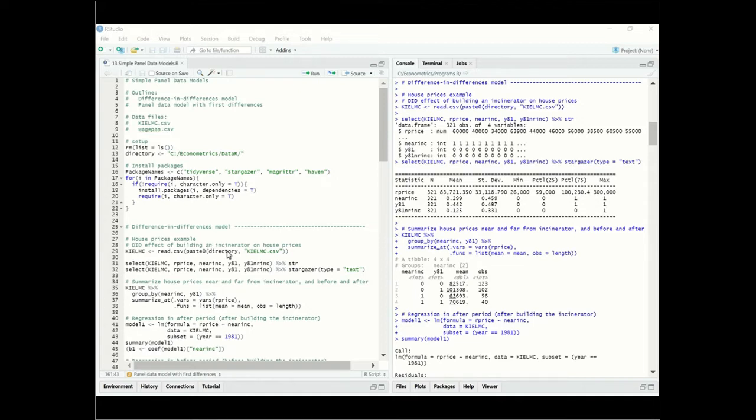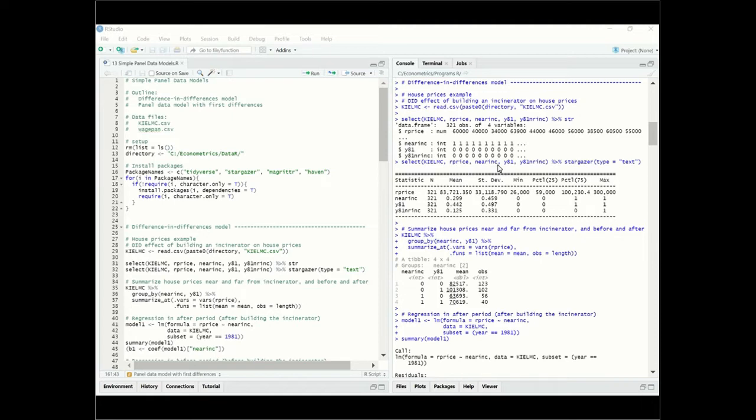So let's go ahead and read in the data set. We're going to be using this data set and we're going to read it into our data frame. And then we would be selecting several variables for us to use. And then we would see the structure of this data. And then we will use Stargazer to summarize the data. So what we have here is 321 observations for variables,